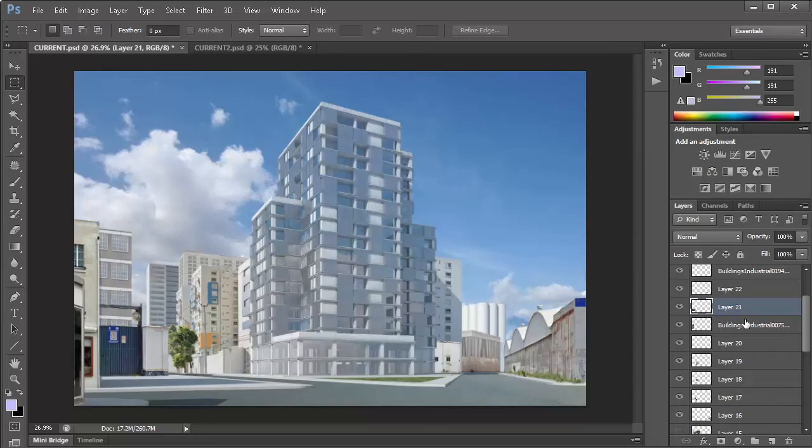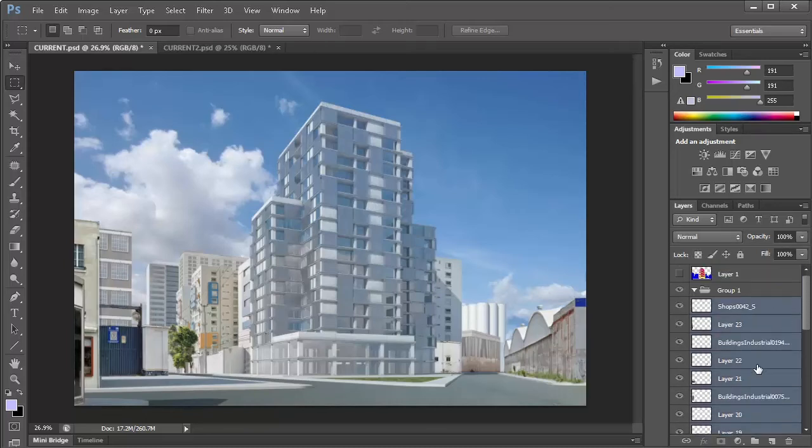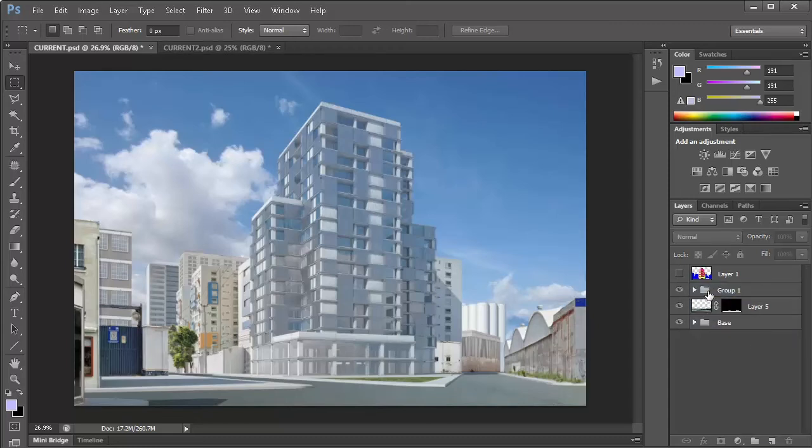And so that's it. Now all of these should go into another folder. Just put them in there. We'll call this buildings.